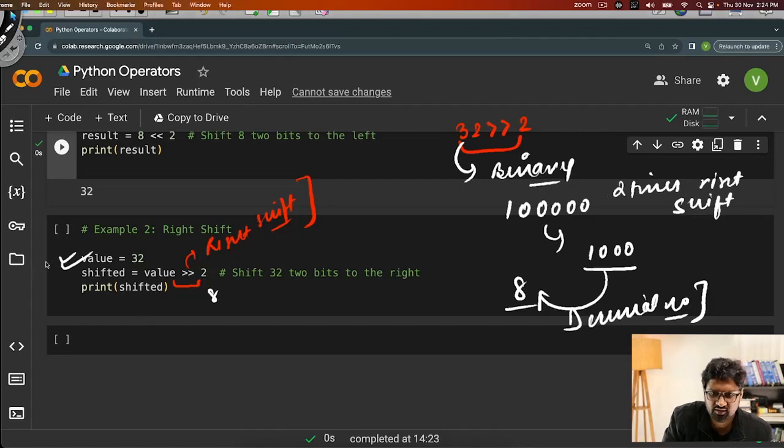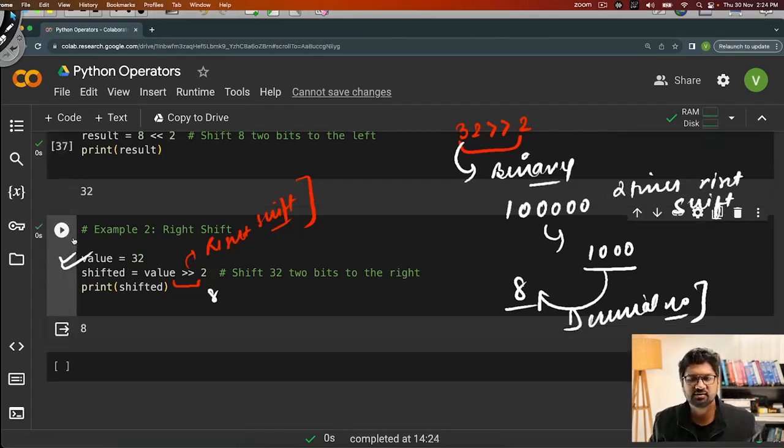तो मैं इसको रन करके देख लेता हूँ, and if I run this, I see the answer is 8. So with this, we have concluded this operators video. In this we have seen what are the different types of operators, क्या होता है mathematical operators, क्या होते हैं logical operators, assignment operators, comparison operators. Finally we talked about operator precedence, and then we also talked about the left shift and the right shift. Now we are all set to move on to the next video.